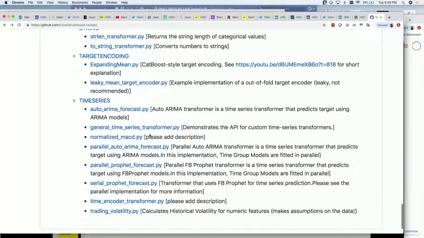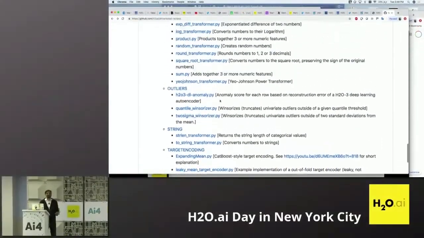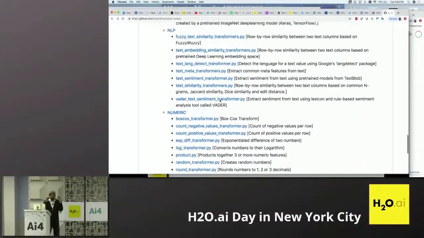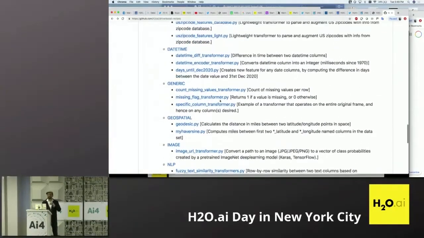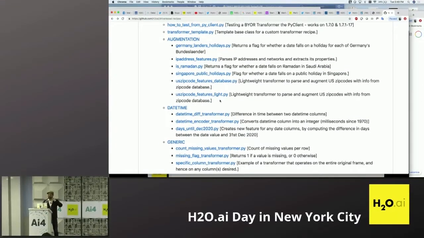ARIMA, someone said Prophet is doing very well. Prophet from Facebook, again another Facebook model. Well, you can stitch it in here. You have your own great quant inside your company trying to build his own machine learning model, a tweak on XGBoost or a tweak on Random Forest. You want to bring that in. You don't have to give that code to us. You can actually collaborate live and bring your AI and our AI together, right?